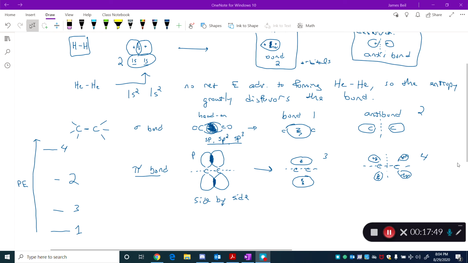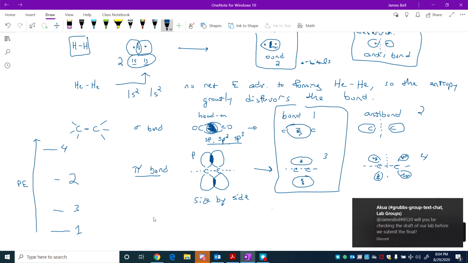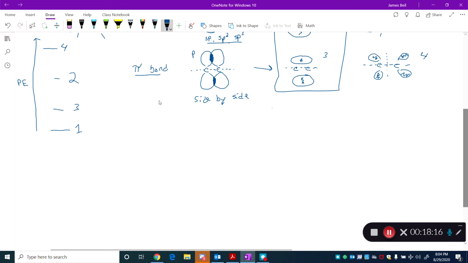So the question is, why would electrons be more stable in a bonding molecular orbital? There's a couple reasons for that. If we look at these bonding molecular orbitals, what do they have in common versus non-bonding versus anti-bonding? Those are three situations that we want to keep clear in our minds. So in the bonding molecular orbital,